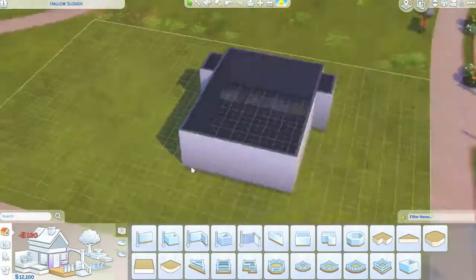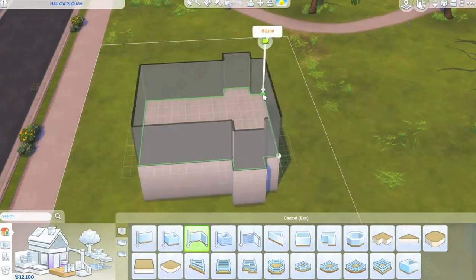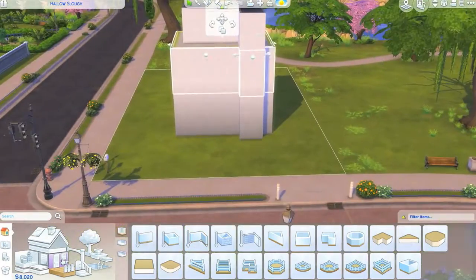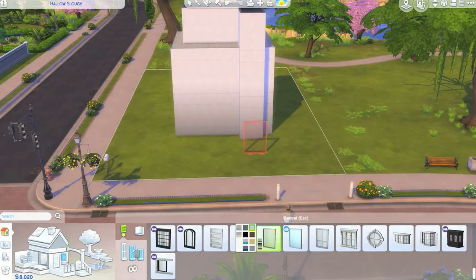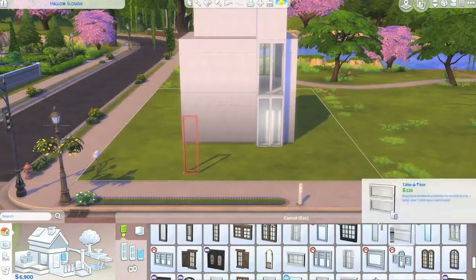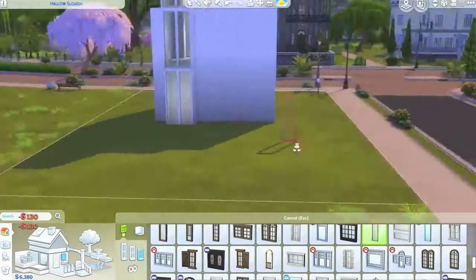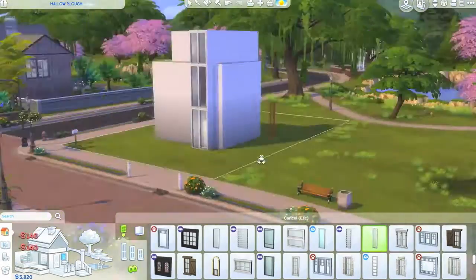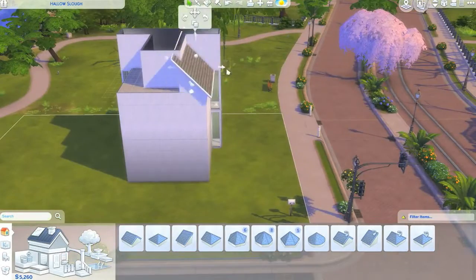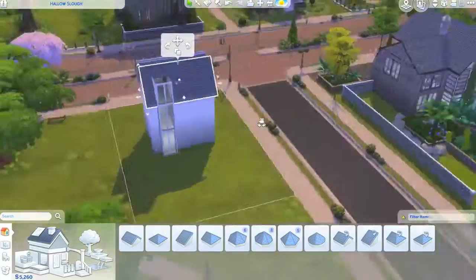So today we are doing a small little modern home that I sort of came up with while I was away. I kind of wanted to do a house that had some glass windows that went all the way down from the roof to the bottom floor. So this is what we are working on now. It has windows on all three sides and there is a little attic space as well at the top,